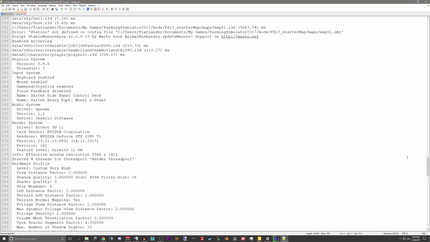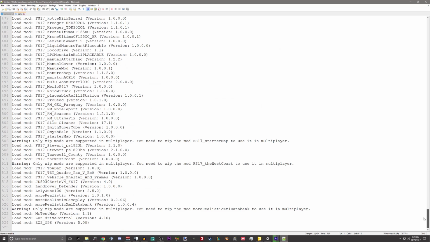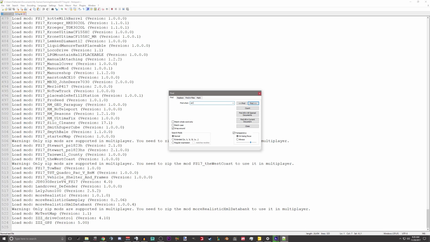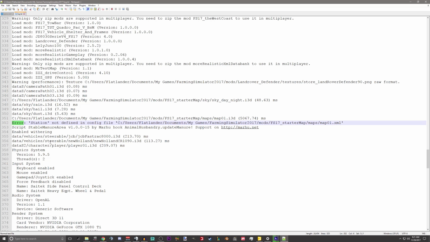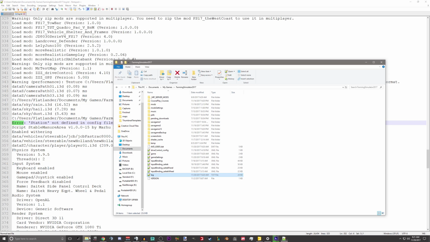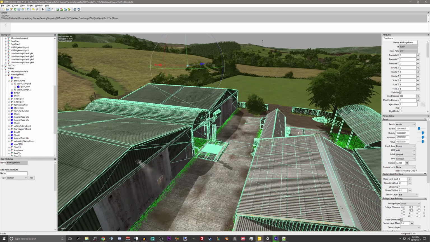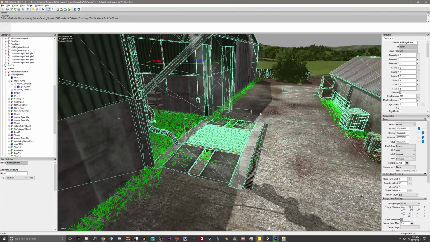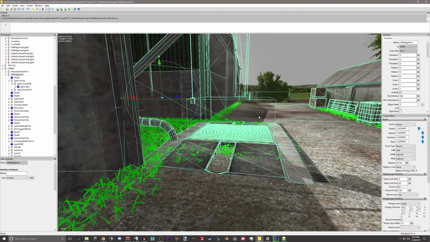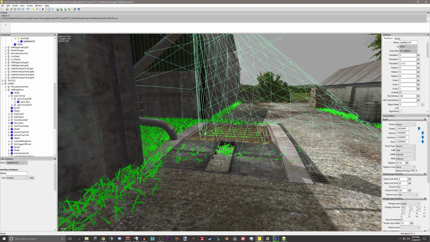So right here, let's look at where our errors are. Errors. Well, I didn't get all the errors that I thought I was going to get, but let's cover the errors that might happen. Let's go on over here to Hill Ridge Farm on the West Coast. One of the things that I was looking for is a station not defined, and we did get that error. And that is because we imported this station, right?